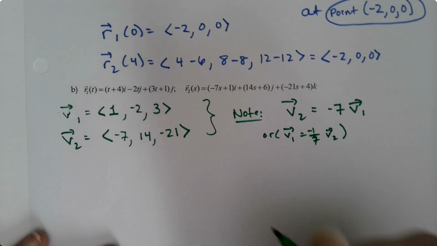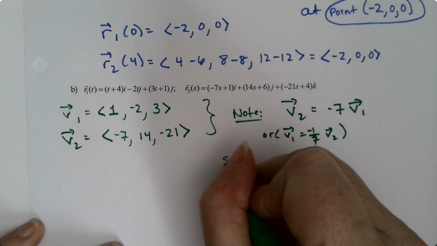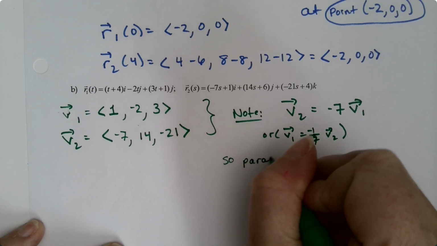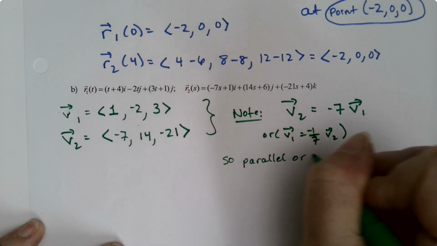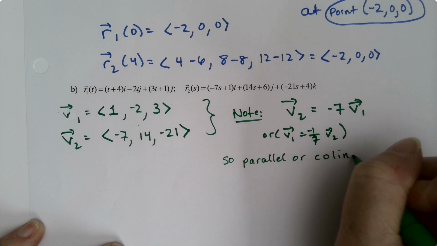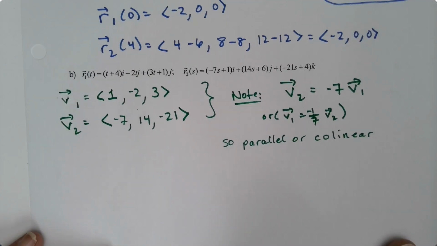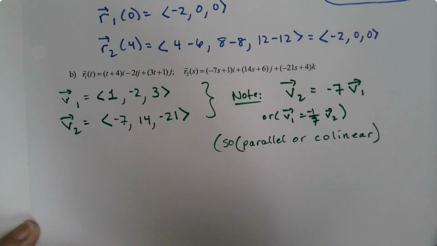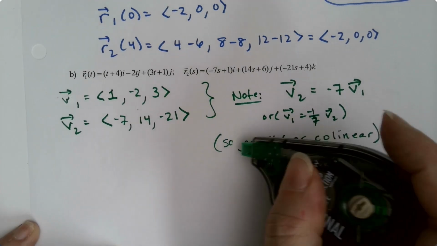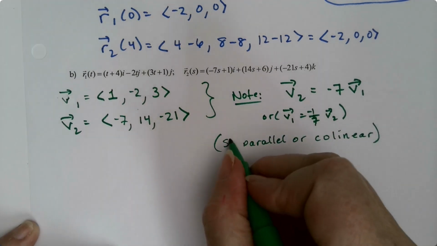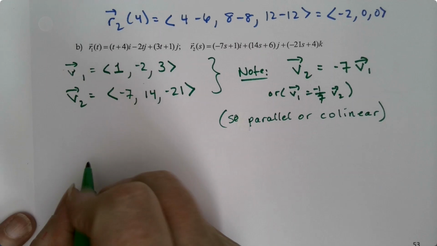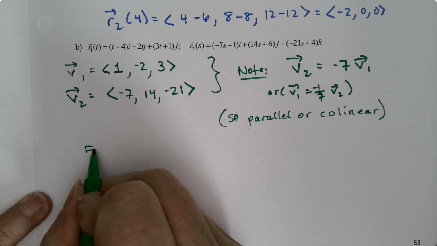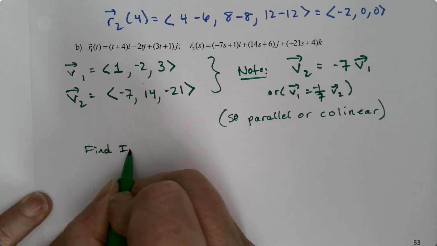Okay, so that means that our options are going to be parallel or colinear. Those are going to be the two options for us. So all we have to do is write down the system of equations and get Maple to solve it, and life is grand. So to find the intersection points, if one exists,